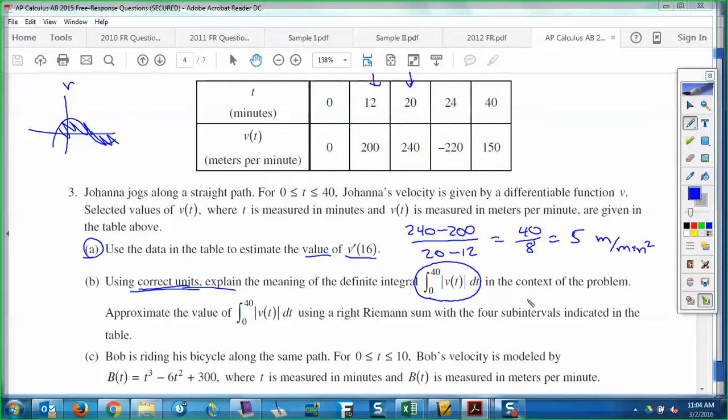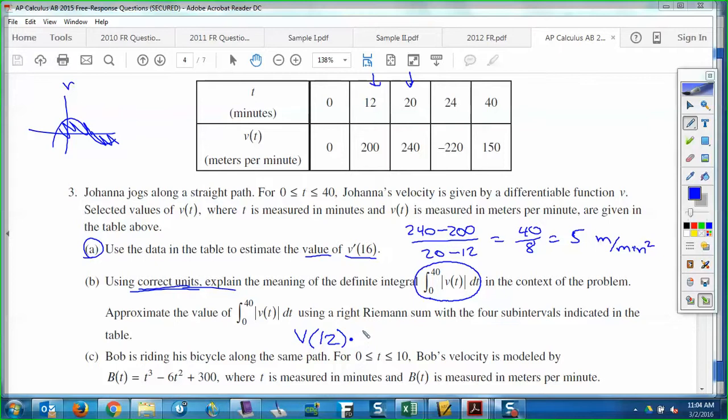Okay? Then it says approximate this value using a right Riemann sum with the 4 subintervals indicated in the table. Okay? So a right Riemann sum, now you don't want to use F here because they've named the function V. So the Riemann sum would be V of, that's a right, they said. So V, not F, V of 12, the first one to the right. We don't use 0 if it's right. So V of 12 times,